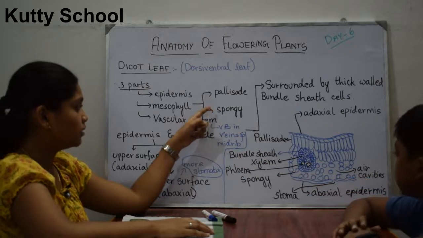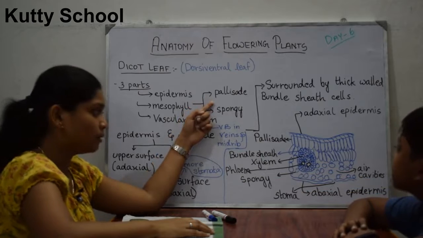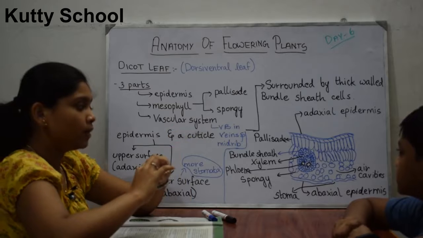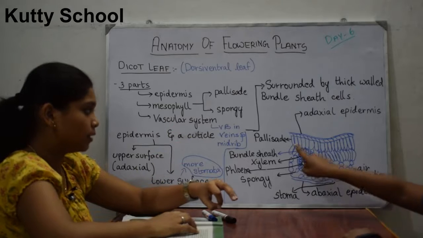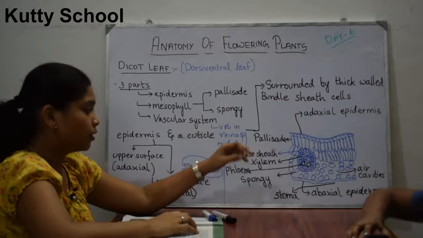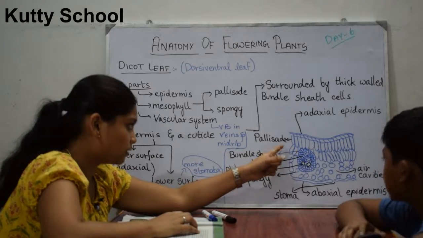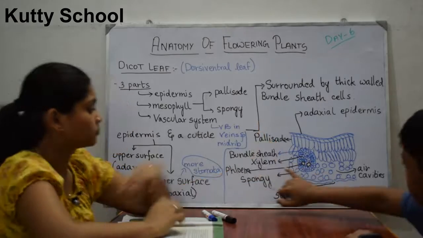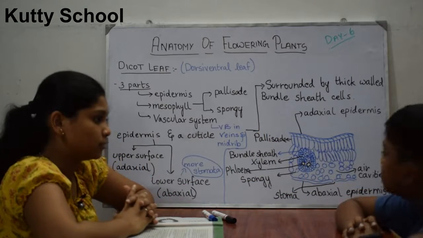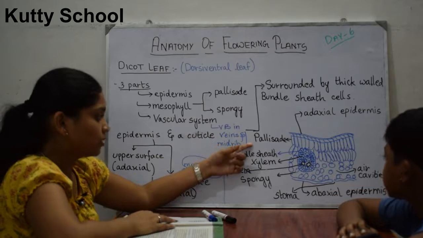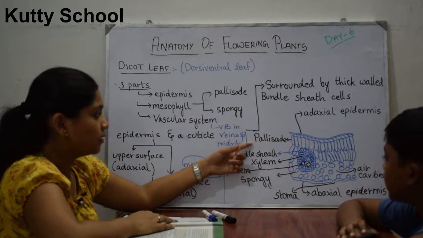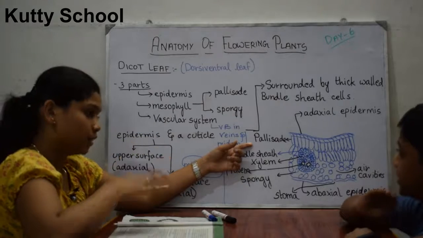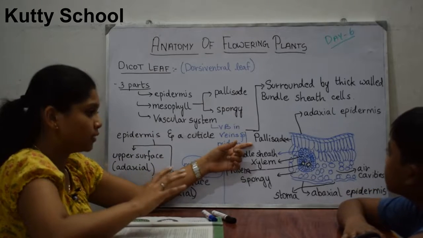In these plants, the palisade parenchyma will be elongated, and there will not be any intercellular spaces in between them. It will be connected and elongated. But in the spongy division, there will be more intercellular spaces. So this is known as palisade parenchyma, and it is mainly located on the adaxial side, the upper layer, in the dicot leaf.